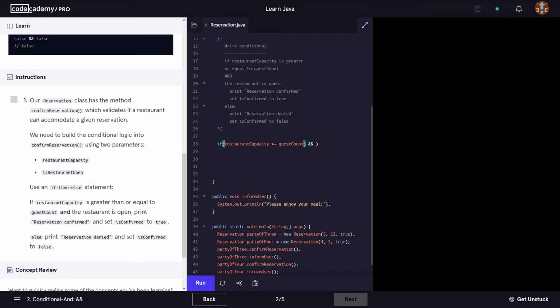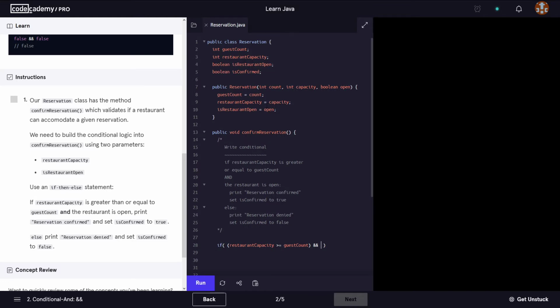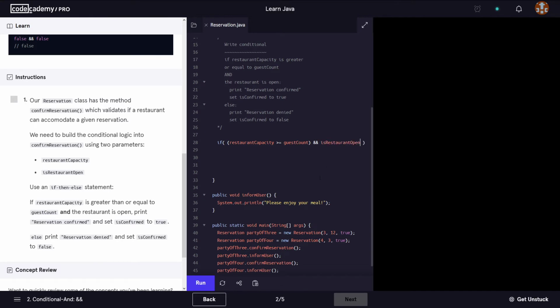This is an expression that needs to be evaluated on its own. And the restaurant is open. So is restaurant open? This is a Boolean as well. Then